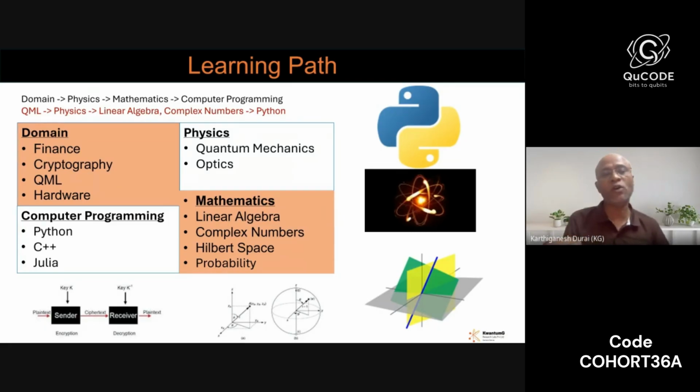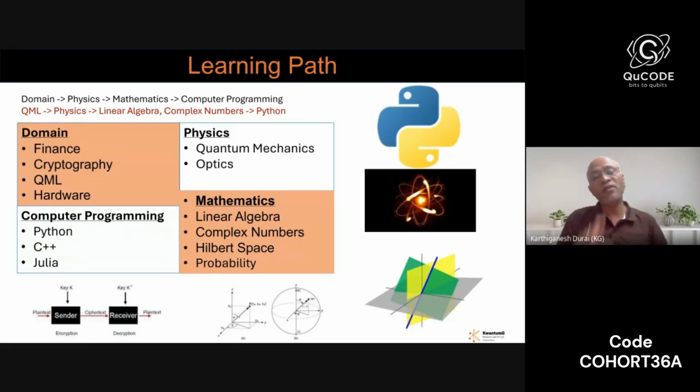First you have to identify the domain, then anyhow in the solution building you are going to work with a researcher, a master's or doctorate in physics. You are going to work with the researcher, so they are going to talk about quantum mechanics and then optics and subatomic scale, nuclear physics, atomic physics, those kinds of things. So at least you should get 8,000 to 10,000 feet level of depth of information or knowledge in physics.